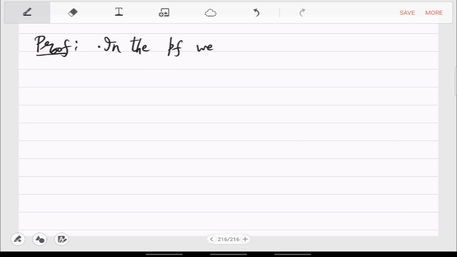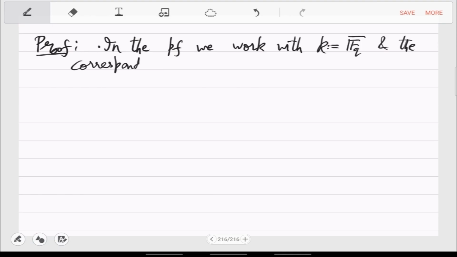In the proof we work with k equal to F_q bar, and the corresponding function field. I am not sure whether this algebraic closure will actually be needed, but let us just continue with this to be safe,